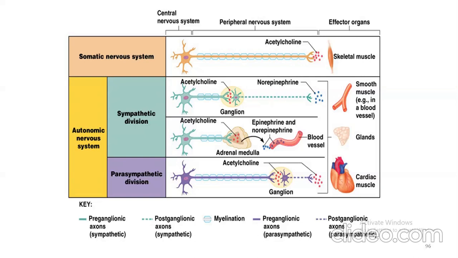Now, the first one has two neurotransmitters, acetylcholine and norepinephrine, in the preganglionic and the postganglionic. Acetylcholine is the preganglionic neurotransmitter in the sympathetic, and the sympathetic postganglionic is norepinephrine. An effector organ is the smooth muscle or the blood vessels. Next is again acetylcholine and epinephrine. Now in the parasympathetic there is a preganglionic axon and a postganglionic axon. Both use the acetylcholine neurotransmitter.